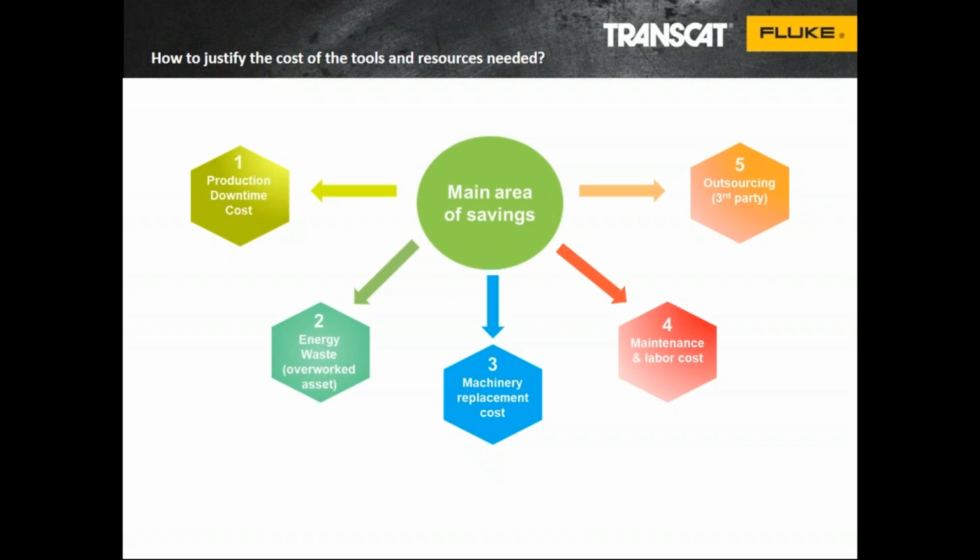And lastly, what do we mean by outsourcing third-party costs? What I mean is that some facilities don't have a vibration analyst or some sort of expert there, or any sort of thermography program, so they'll contract that work out to third-party providers. One of the pitfalls of that outsourcing is, number one, yes, you can save those costs, but the other thing is, when you think about it,